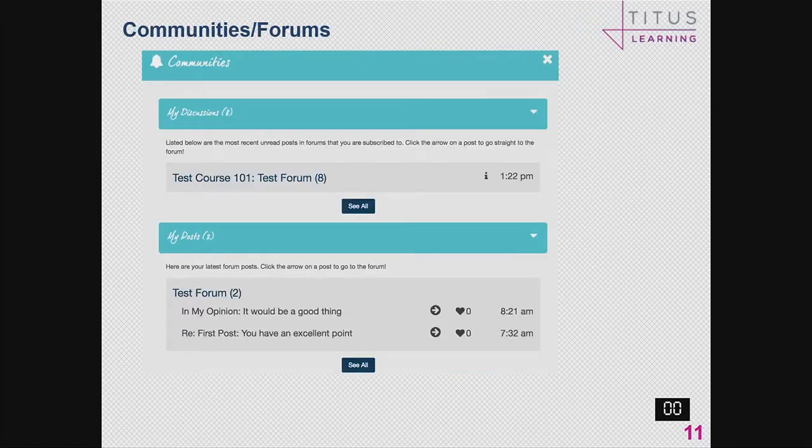This is the summary that you see when you click on the Communities forum. The top part there, which is called My Discussions, shows the most recently unread posts in forums, and this taps into the forum tracking API. Below that you've got your latest forum posts, and this would appear for all of the courses that you've been involved in, so you've got this really high-level view of everything you're involved in, rather than having to go into and remember which courses you've been